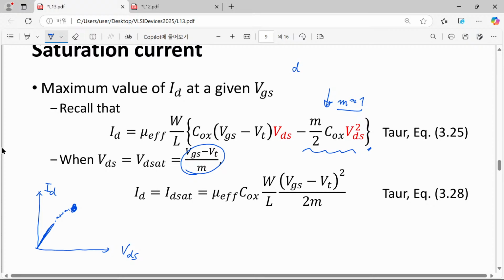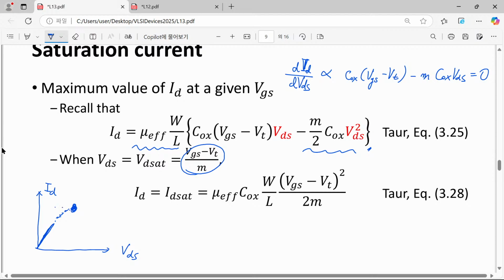It is quite simple. Please calculate the first derivative of your ID with respect to the VDS value. We have all kinds of leading factors, but that doesn't matter, and that will give us COx (VGS minus VT), and the second term is just m times COx VDS. That will be the first derivative of our drain current with respect to the drain voltage, and when it vanishes